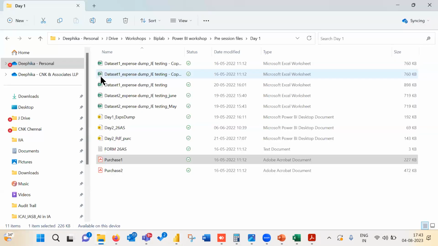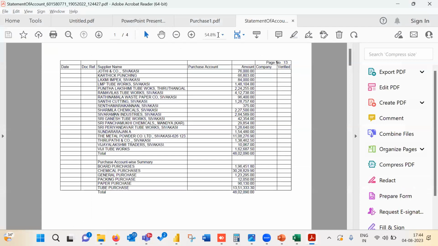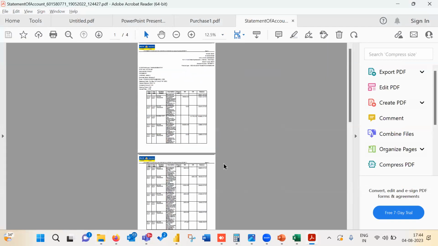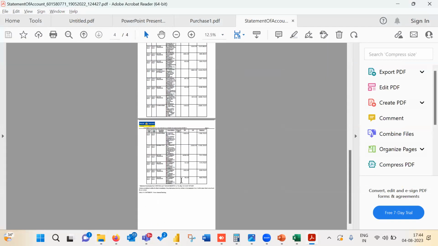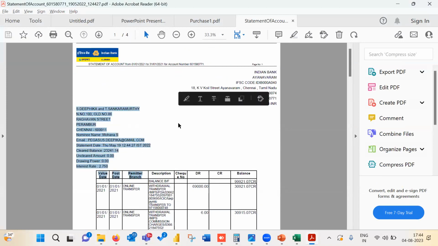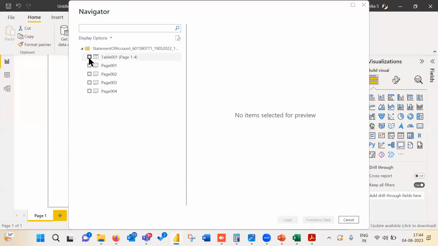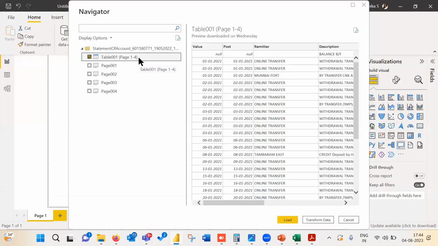So if you see the base file, I'll just show you the PDF. So base file is like this. It's a bank statement. Basically, there is a table in each sheet, and after that, it has some header information, my account details, etc. So now I'm importing that data. I have the option of a table already, all tables together it has read.